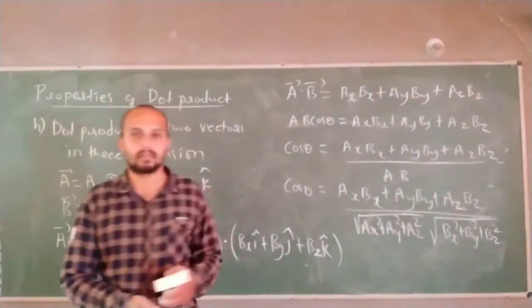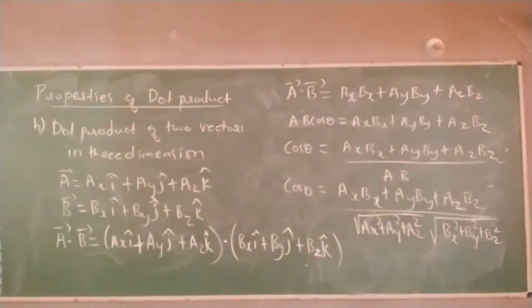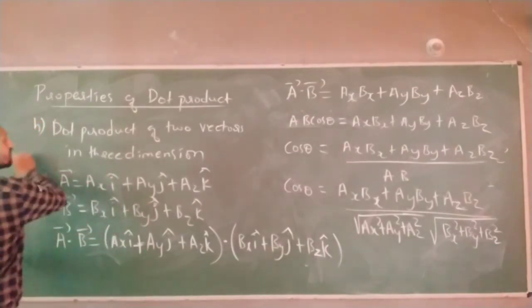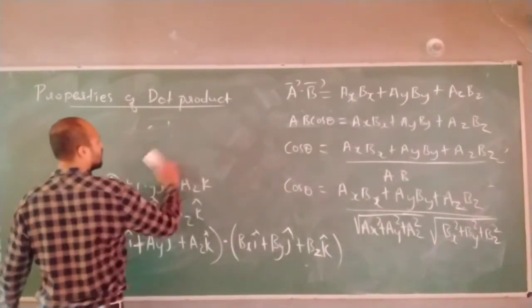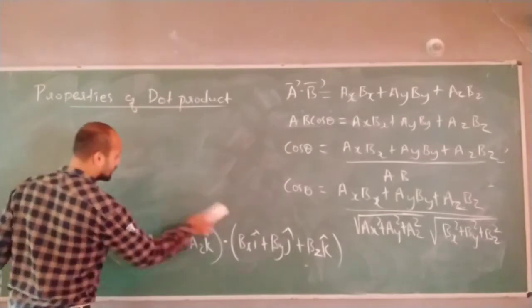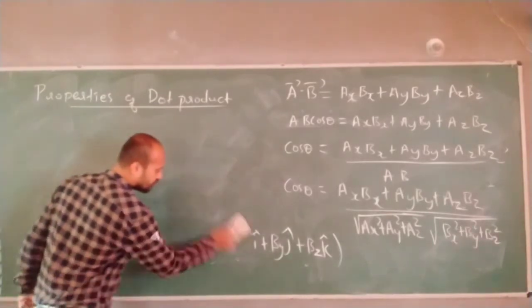These are some of the properties, and your material has given them very nicely. You can go through this. So this is about the dot product. Now I am going to give certain examples. Correct enough? This much property is enough for you to know. While solving numericals, you will understand things. More than enough if you know this much.